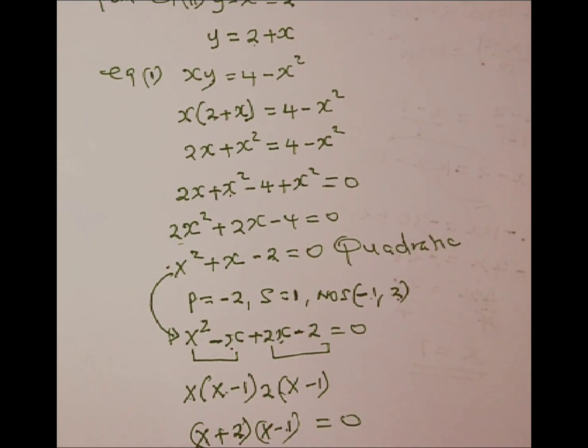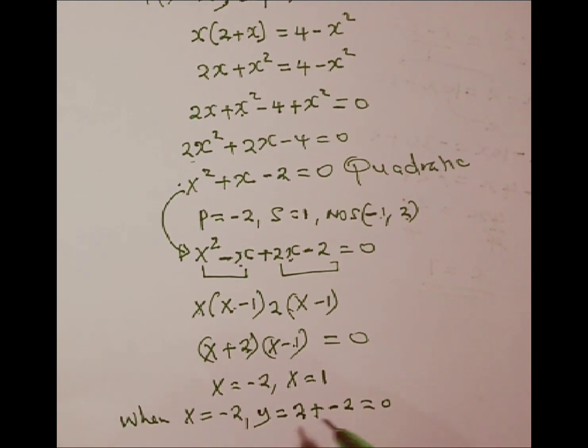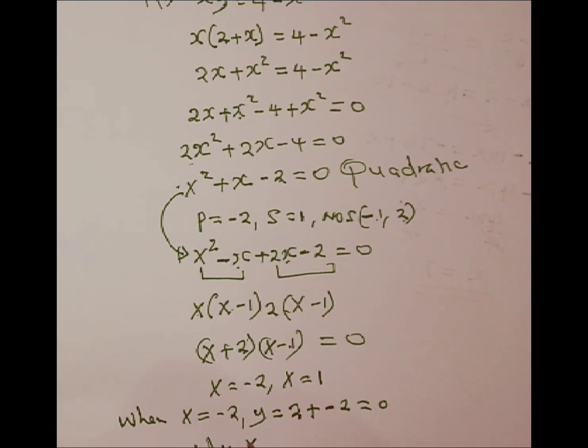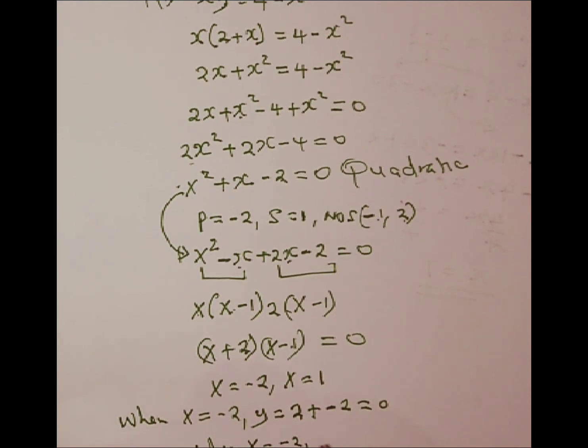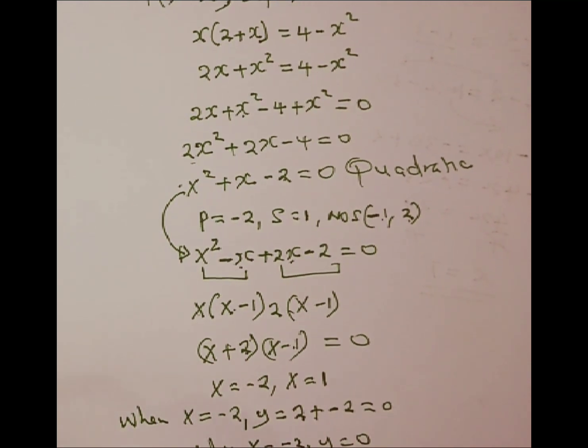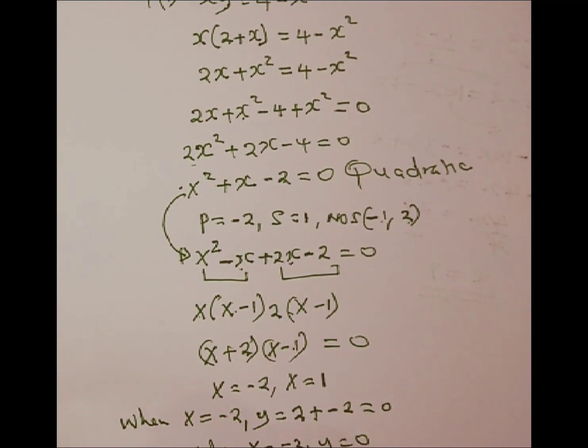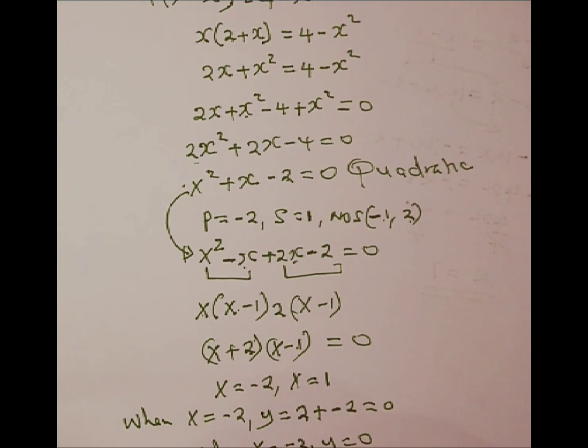So in this case, we can simply say when x is -2, the value of y is 0, and when x is equal to +1, then the value of y is going to be equal to,